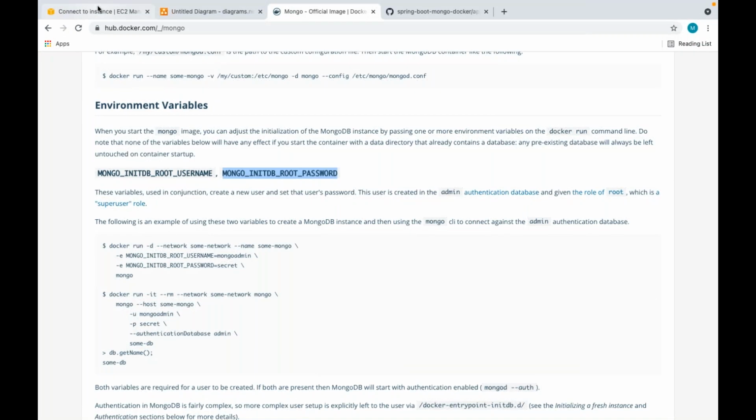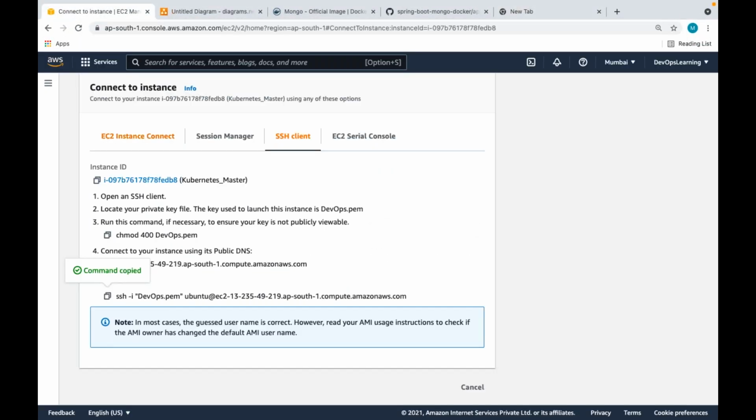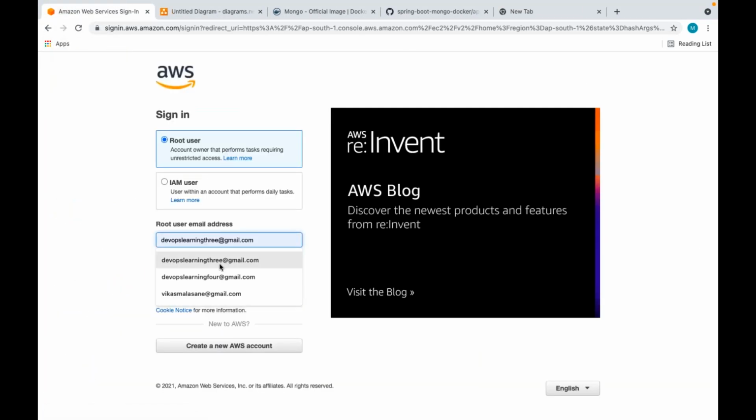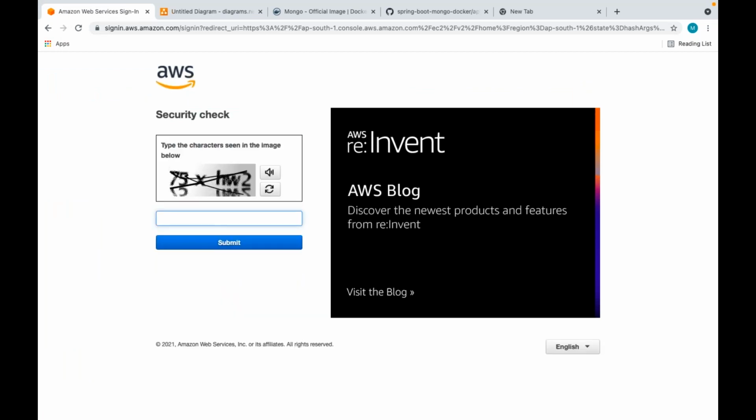From AWS concept, do I need to open that port in the AWS firewall, the AWS security group, whatever NodePort? That is an AWS concept.